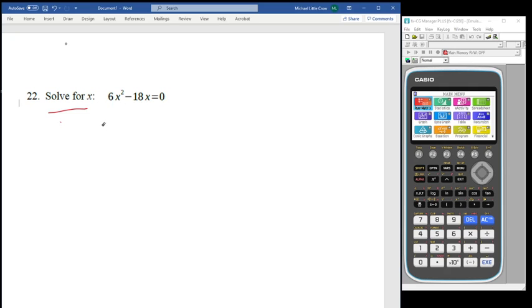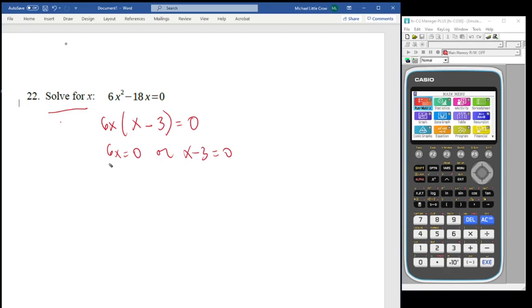An x comes out of both, and actually a 6 can come out of both. There's a factor of 6 in both of these. So we bring out a 6x. First one loses, the 6 came out and x came out, so there's an x left. The 18, when 6 comes out, 6 times 3 is 18, so there's a 3 left behind, the x came out. So this is what we're left with, and so we say 6x equals 0, or x minus 3 equals